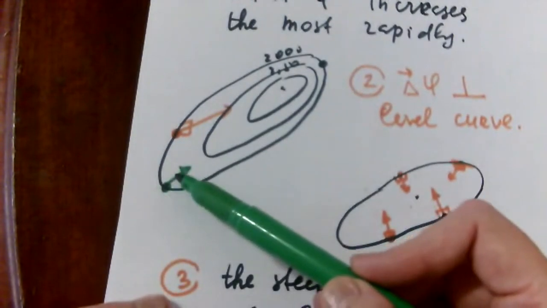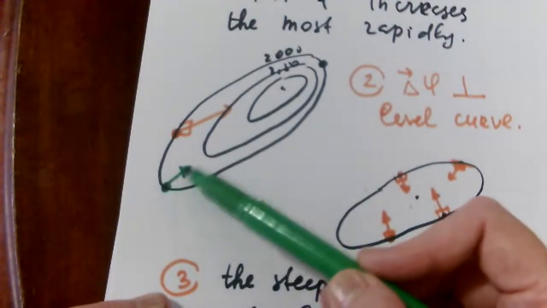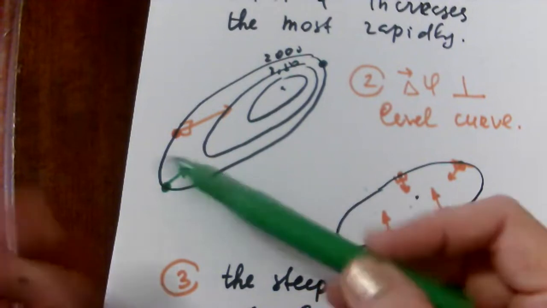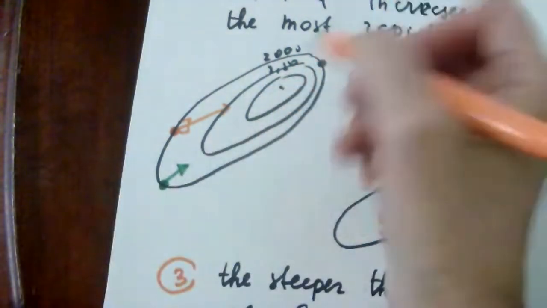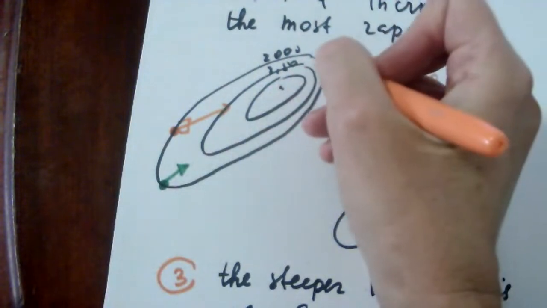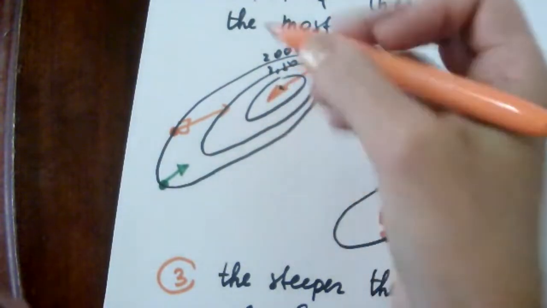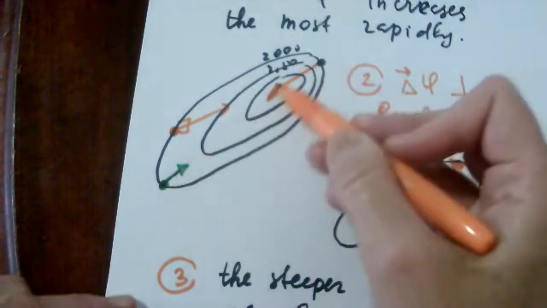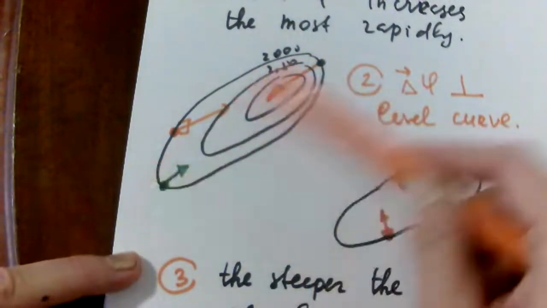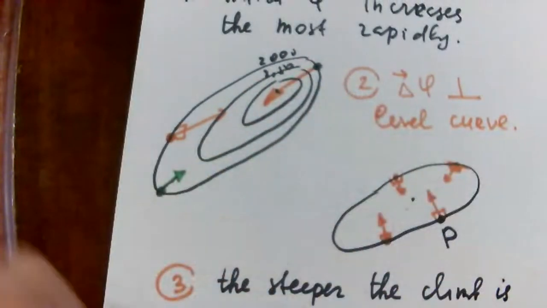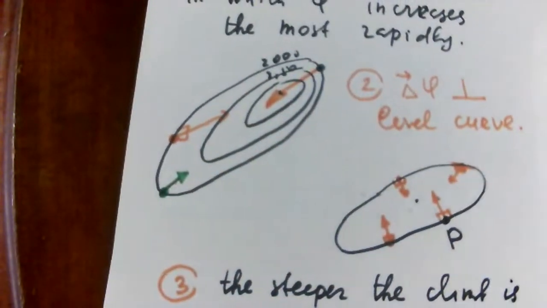So the rate of change of the elevation for phi will be quite slow, and that is why the vector should be quite short. But for this person, the ascent will be quite rapid, because in this case the gradient should be much longer than this one. So the relative magnitude of the gradients does matter in some problems. Okay, so this was the introduction to the concept of a gradient, and now it's time to start solving our questions